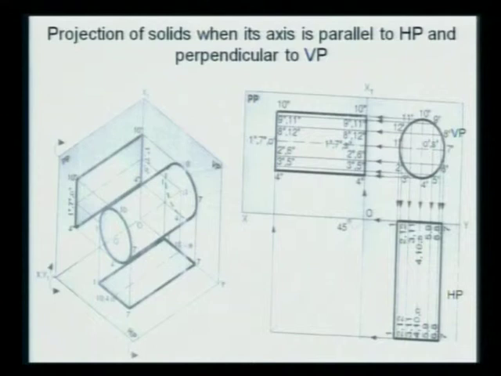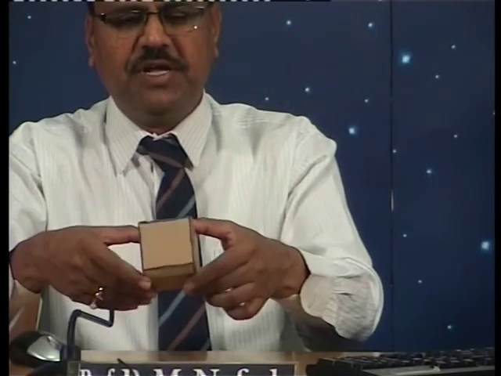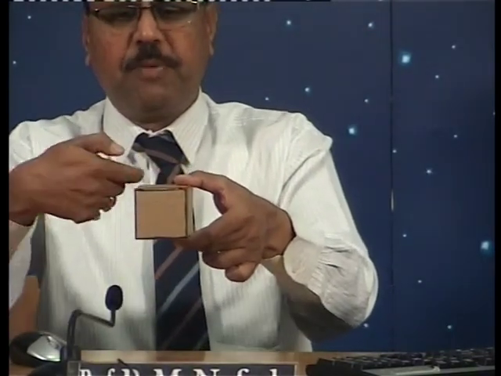Our rule, as I told you. Let's go to the model again; with the help of the model we can see this particular thing again. Now consider that it is a cylinder which is given in the problem. What is the condition? In the first quadrant, horizontal plane, vertical plane. Initially the axis is perpendicular to HP and parallel to VP. Now in the second case, the axis is parallel to HP and perpendicular to VP, which means we have to turn it in this way. Got the point? We have to turn it in this way.